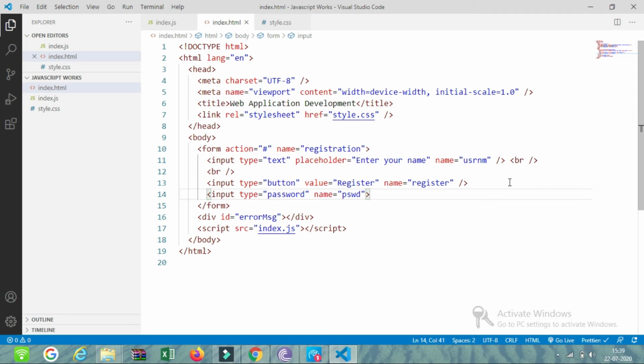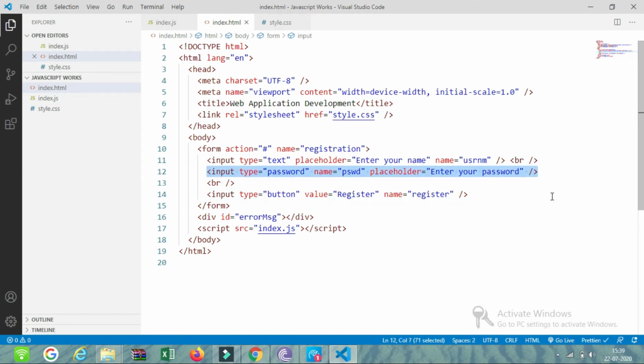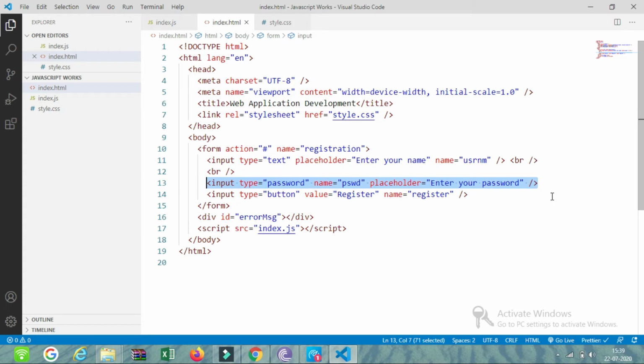We will type a placeholder there: Enter your password. I will save it. I will copy this, or I will type this BR and another BR. I will save this file.